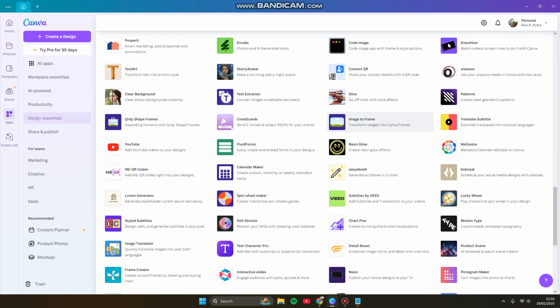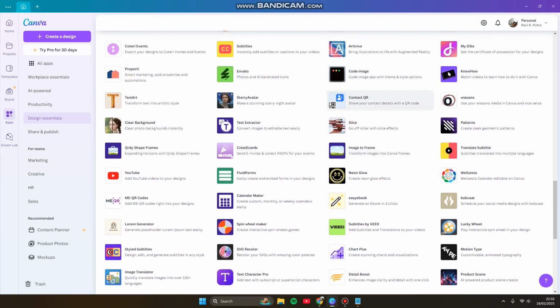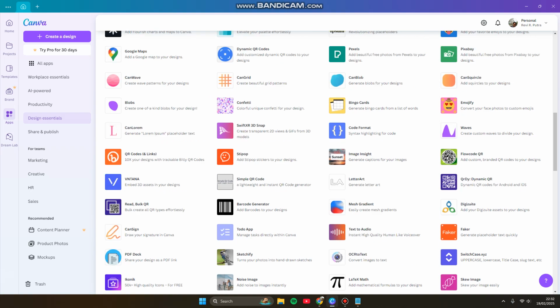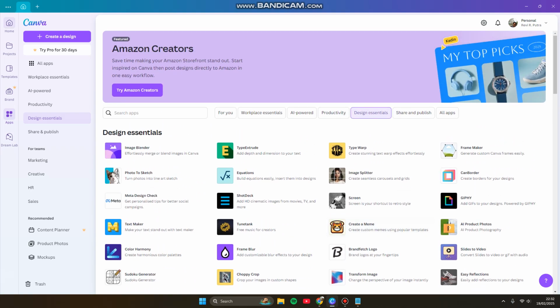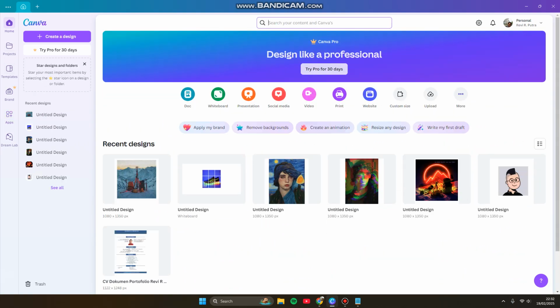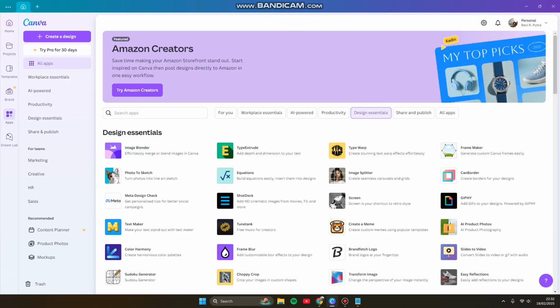Today I'm going to show you how you can create interactive spin wheels games in Canva. All you have to do now, you can open Canva and don't forget to sign in with your account. This is the Canva desktop version that you can get for free. You can download for free from the official website of Canva. So let's start